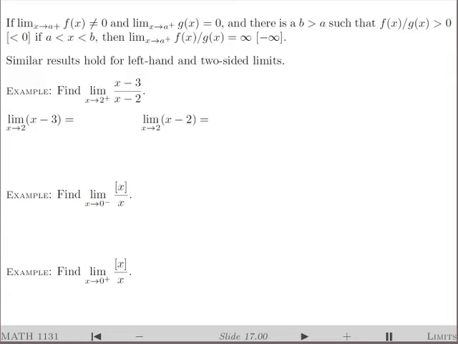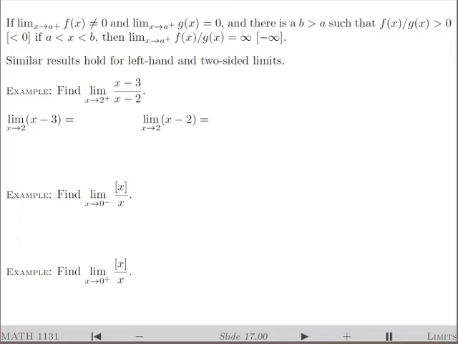With rational functions, very often one-sided limits are definitely infinity or negative infinity, but the signs might be different on different sides. So I'll first state how we can recognize infinite limits for one-sided limits. If we have a function which is written as a fraction f over g, with the numerator f having a non-zero limit, denominator g having a zero limit, and if the fraction f over g is positive for all numbers which are a little bit greater than a, so some interval from a to b is there in which